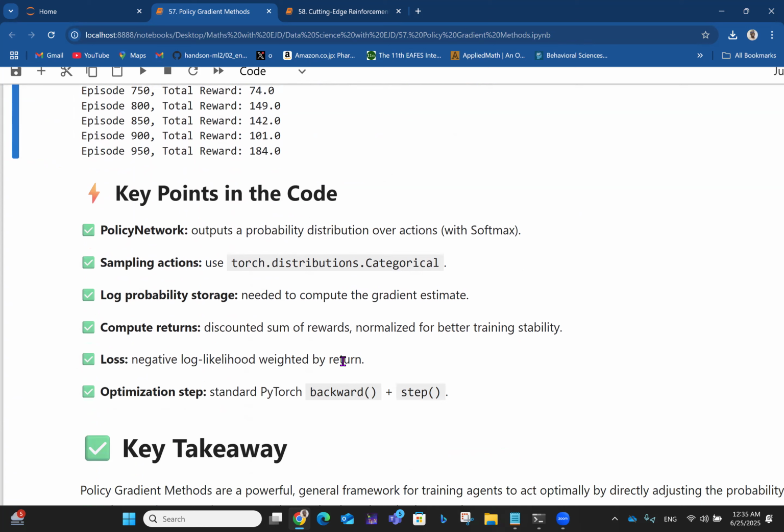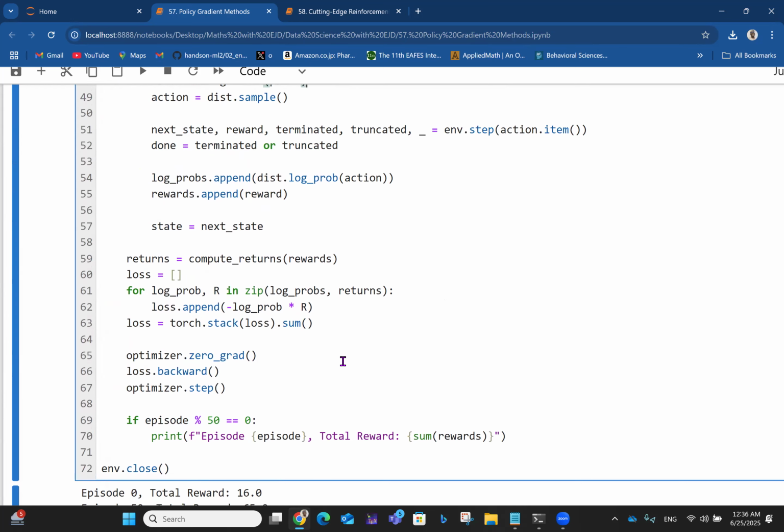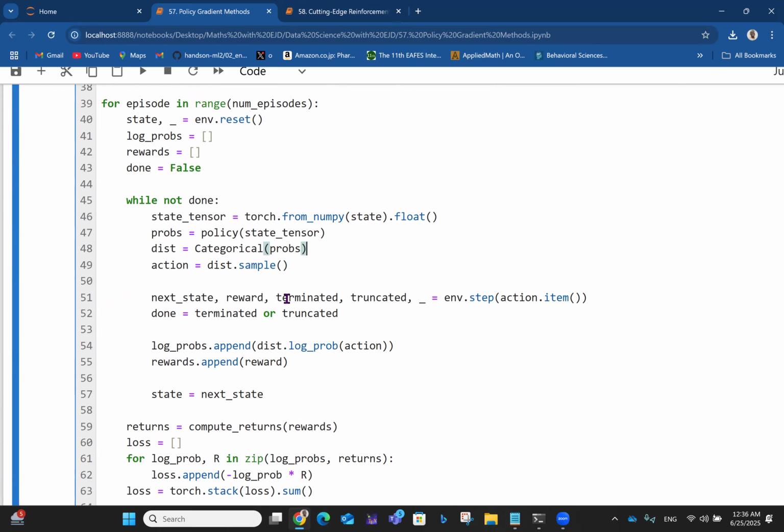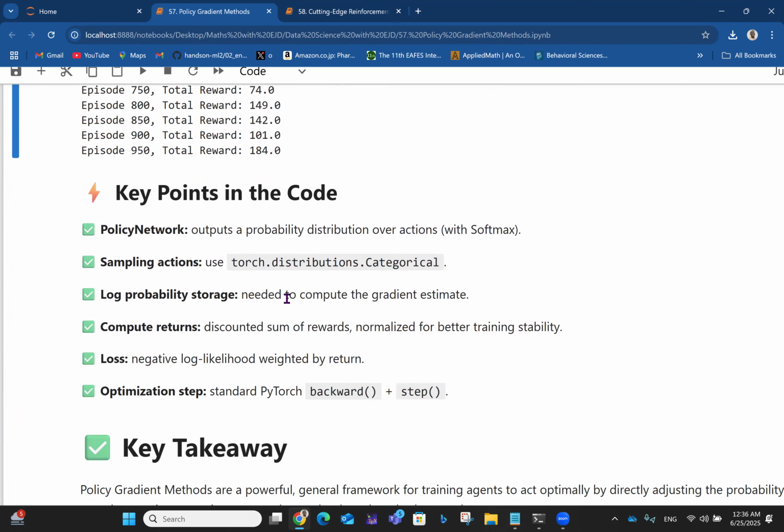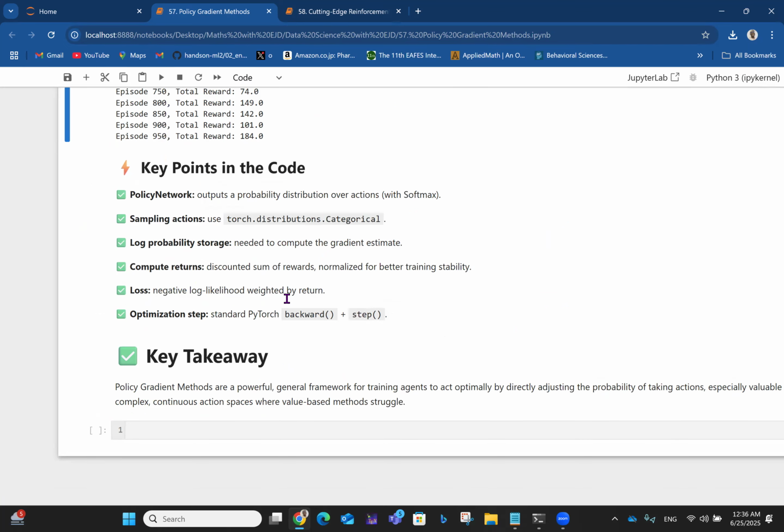Then you have the log probability storage, which is needed to compute the gradient estimate. Then compute returns, which is the discounted sum of rewards, normalized for better training stability. Then you have the loss, which is the negative log likelihood weighted by return. And you have the optimization step, which is standard PyTorch backward plus step. So you have all of that. You see the loss here. You have the returns and so on and so forth, so that we can now say that the key takeaway